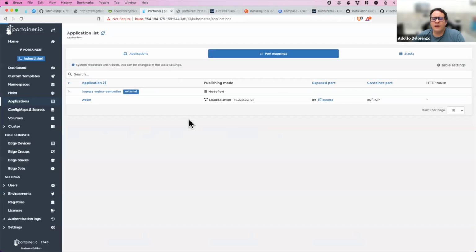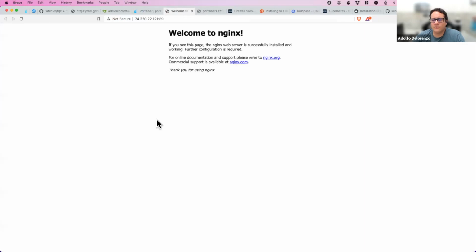So finally, let's test this. Let's access this Nginx instance. And there you go, up and running. So that's how easy it is to deploy applications using Portainer with Civo. Very easy, very fast. And the idea is, especially for development or even to set up environments as a systems engineer, to make sure you have